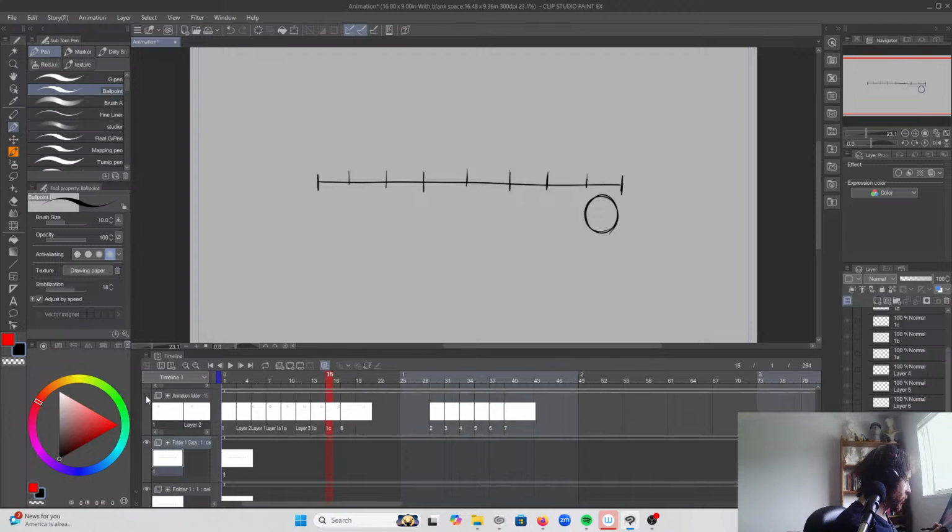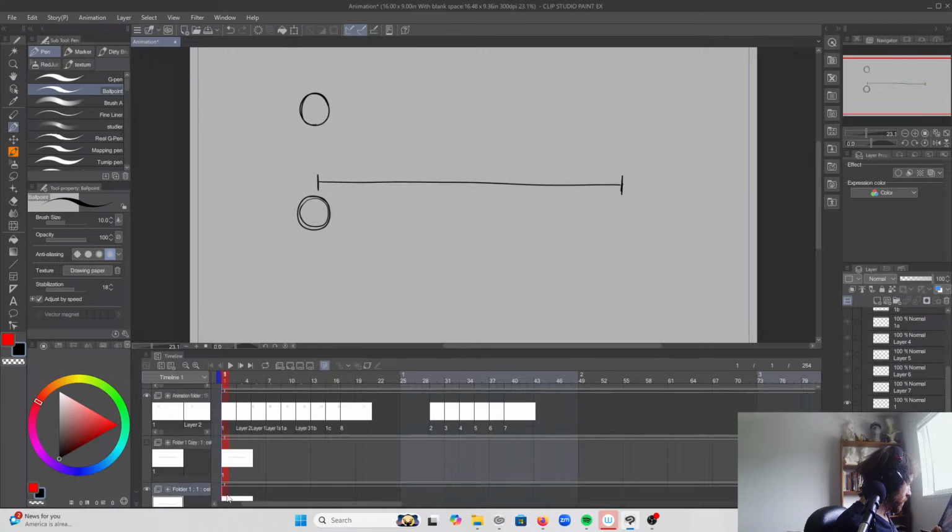The next timing chart is going to be uneven. So when you put a line in the timing chart, you can kind of assume that